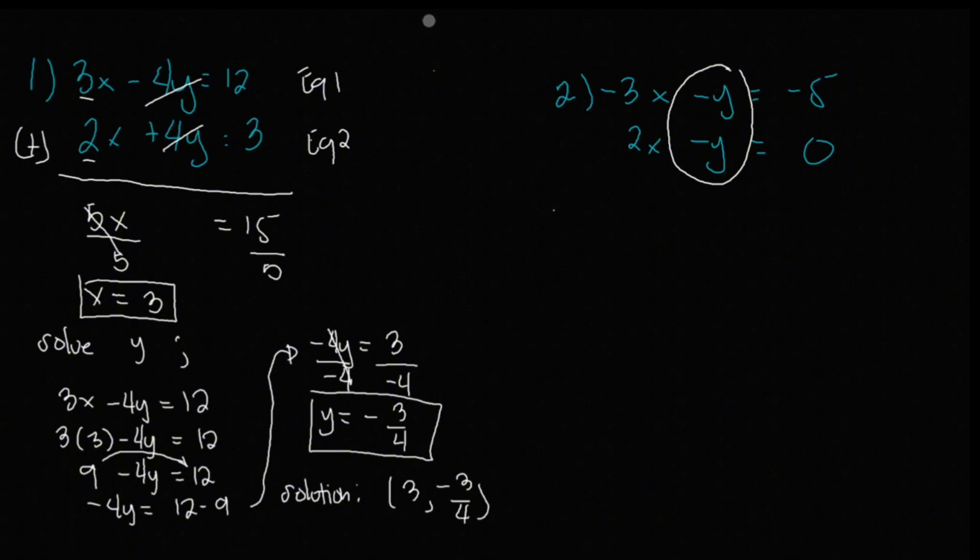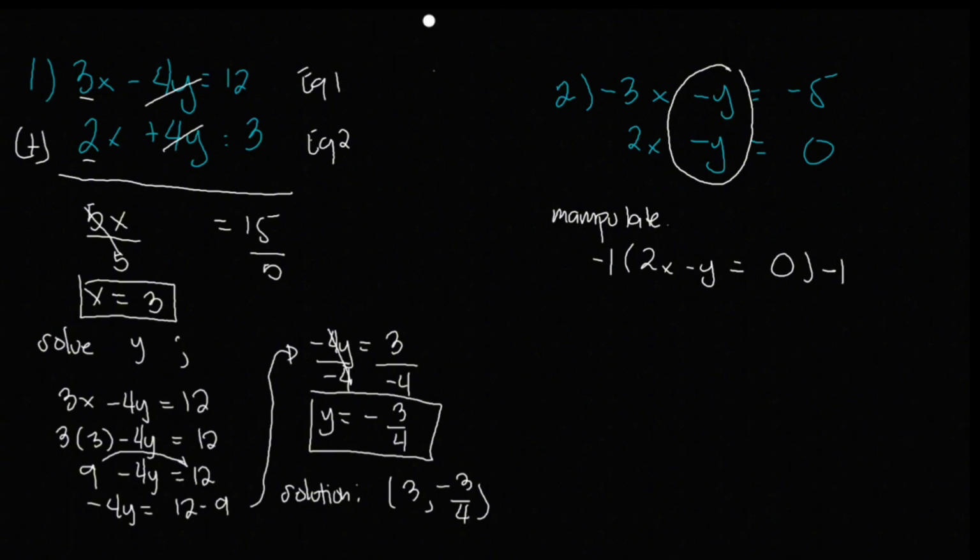And that's the time we need to manipulate. In manipulation, you just need to pick any of these equations that you want to manipulate just to get your desired result. Again, your desired result is that either of these two equations must contain positive y. So in this case, let's try to use equation number 2 and make it into positive y so that we can eliminate variable y. So you have 2x minus y is equal to 0. In this case, we need to multiply both sides by negative 1.